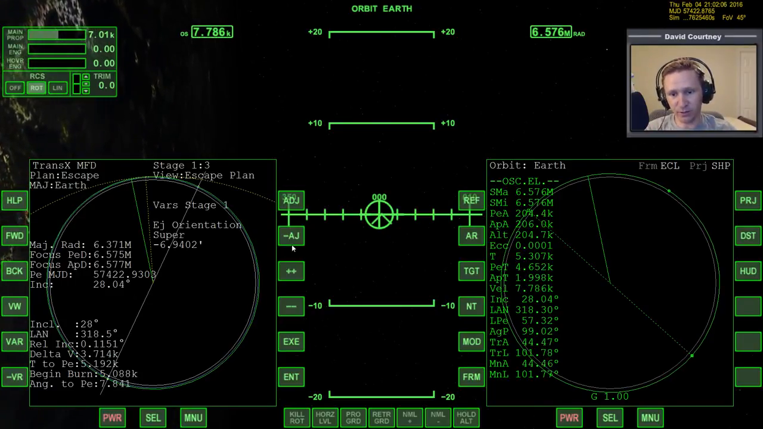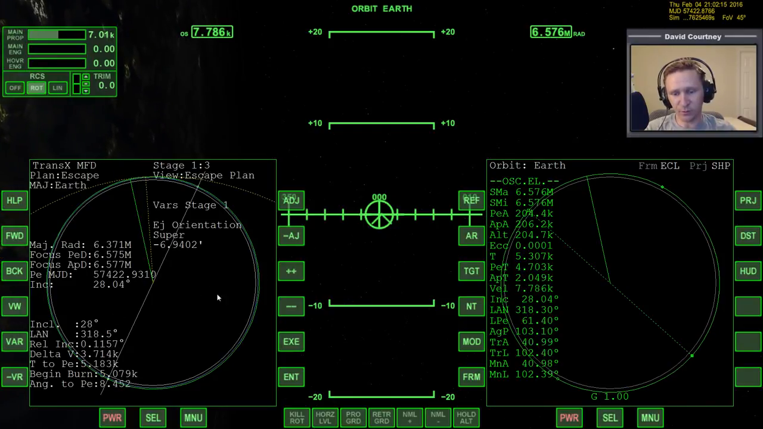All right, now we're going to go around, and since the eject point's here, we have to go all the way around the Earth one time. Something I want to look for, though, since we didn't get a perfect